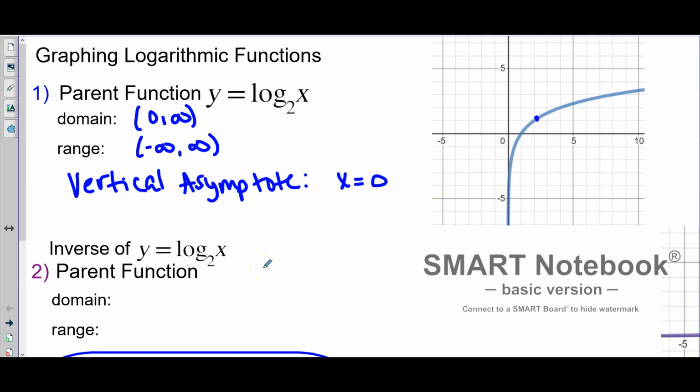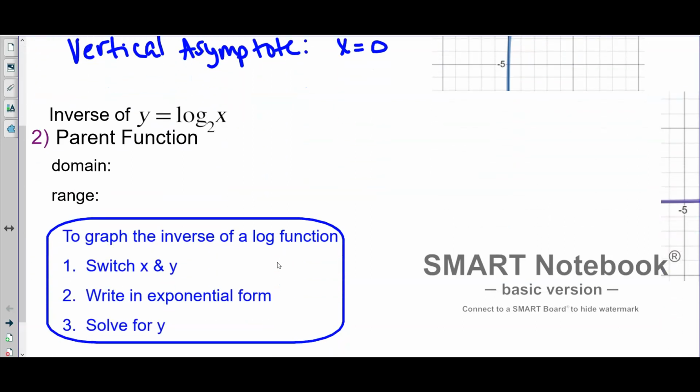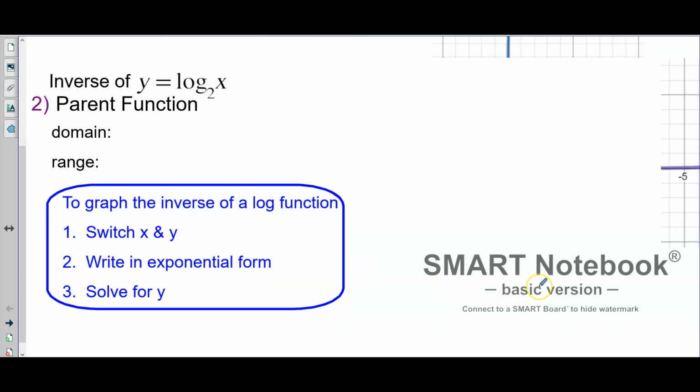Okay, so then when I want to know what's the inverse of the log, and we want to know what the parent function of that is, I want to remind you of how to find an inverse. So we know inverses of logs are exponentials. If you want to graph the inverse of a log and you need to actually find the inverse, you remember, this is a little bit of review, to find an inverse, you switch your x and y, and then once you switch x and y, because it's a log function, you're going to write it in exponential form and then solve for y. So for this problem right here, if I switch my x and my y,